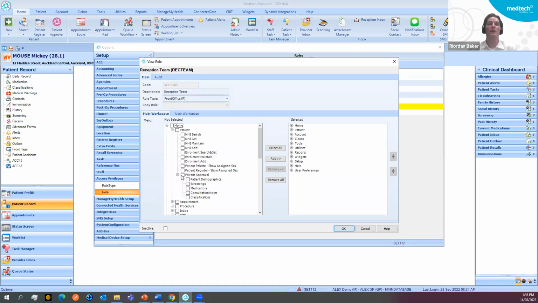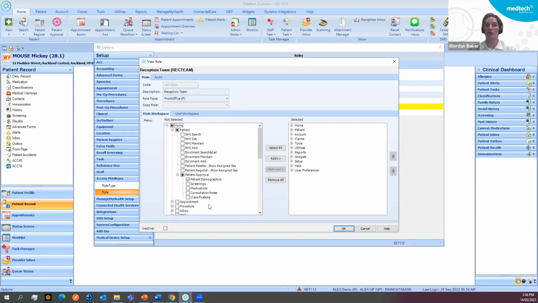So in the case that it's a receptionist or an admin team or any of the team leads on the front end of the practice, all they would need access to is the patient demographics. So that would receive the registrations and enrollment forms. In the case that you're adding it to a GP who requires access, to a nurse manager or anyone who has a clinical side of things, adding the other approvals functions down here